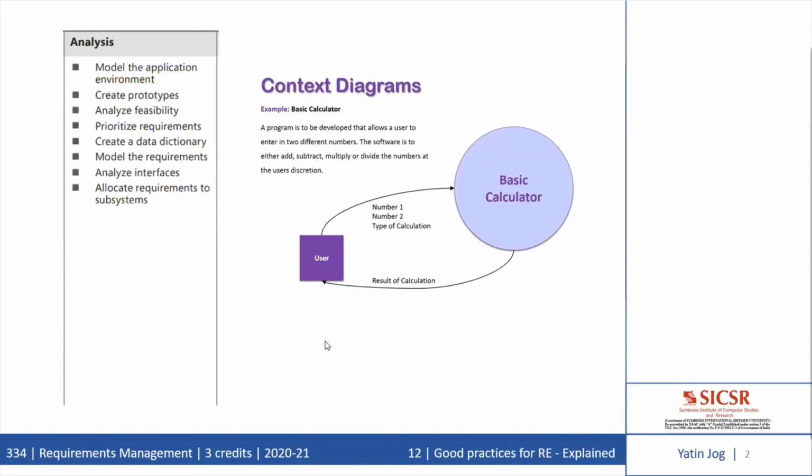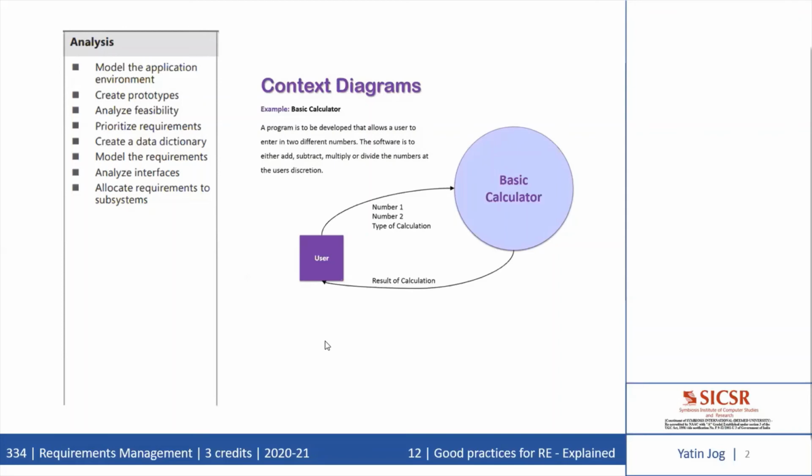The next good practice is to model the requirements. An analysis model is a diagram that depicts requirements visually, in contrast to the textual representation of a list of functional requirements. Models can reveal incorrect or inconsistent or missing or unknown requirements. Such models include data flow diagrams, entity relationship diagrams, state transition diagrams, state tables, dialog maps, decision trees, and multiple other tools.